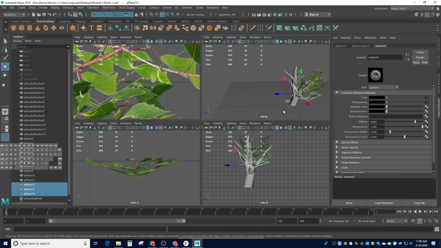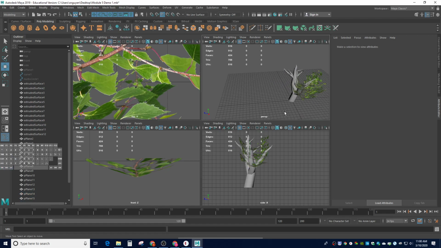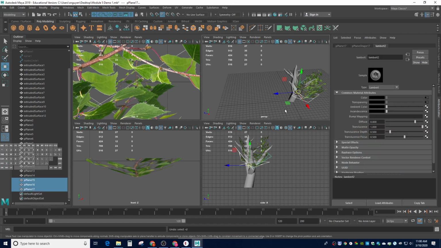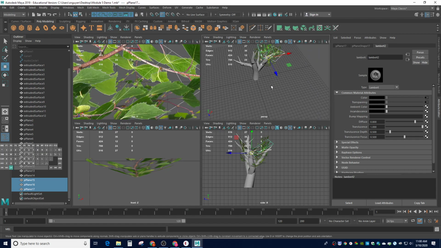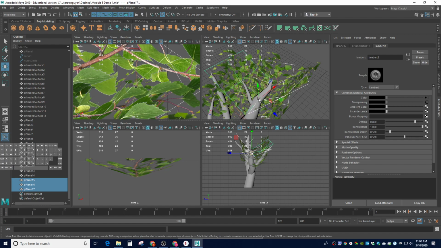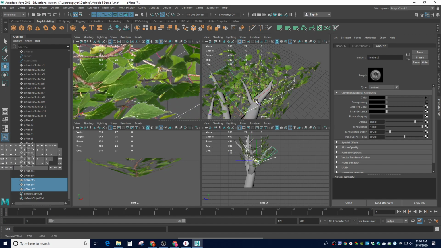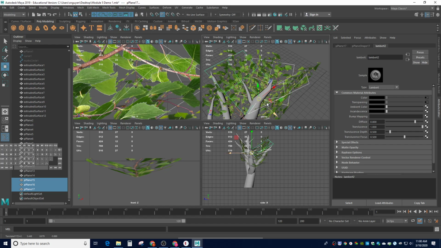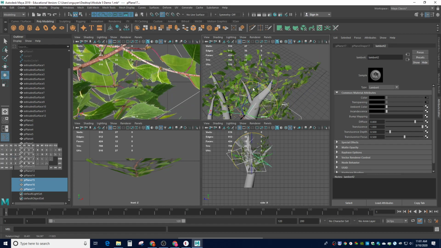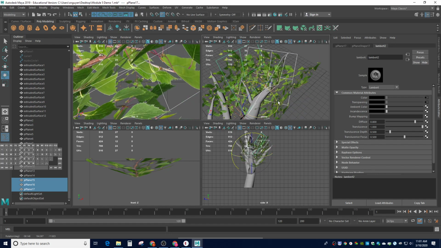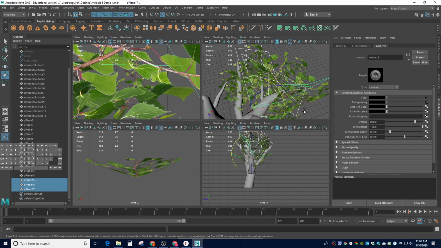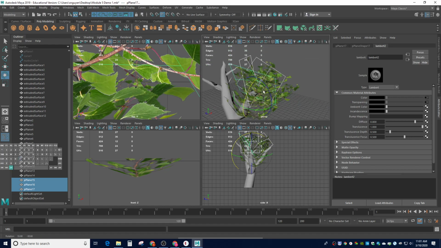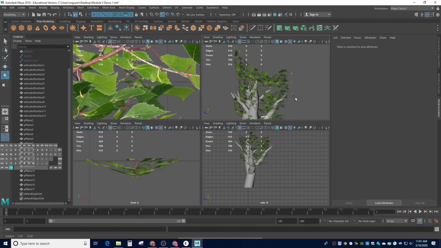And maybe I'll do another duplicate, Control D, but this one I'm going to Control Z that. I have all the duplicates already selected here. I'm going to move it to the top over here. Move it to the top of the tree. Something like that. And this time I'm going to rotate all three of them, and create a little top here. Let's see how that looks. Let's go ahead and frame it. Look over here. Give it some volume